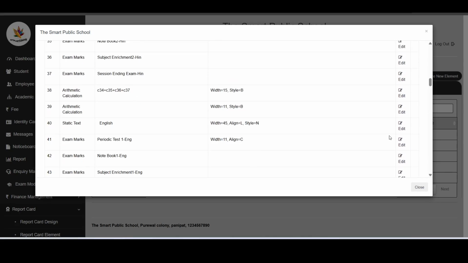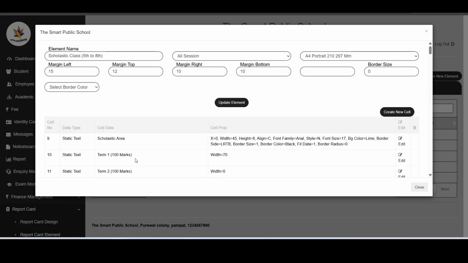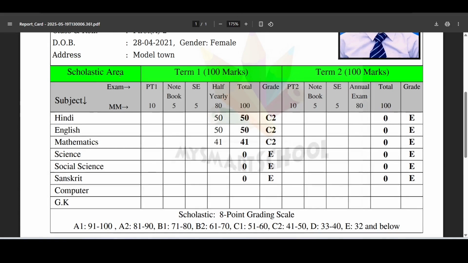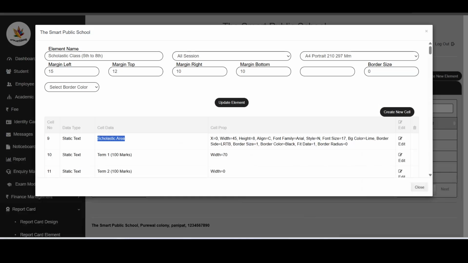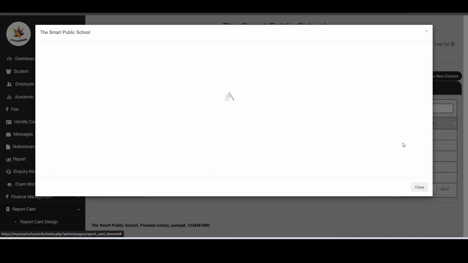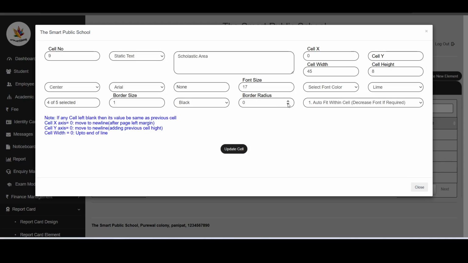For example, the first cell is the scholastic area. This is the text cell data; you can see the cell data is scholastic area. Let me click on edit and you can see exactly what is here.